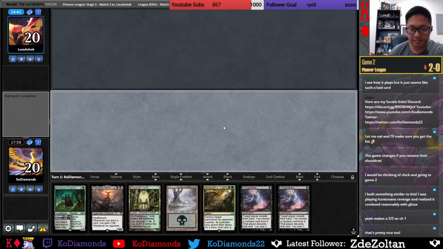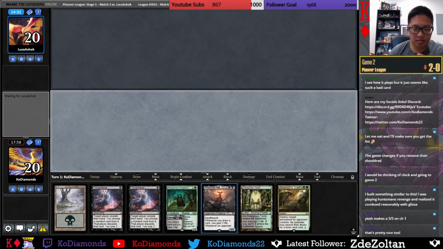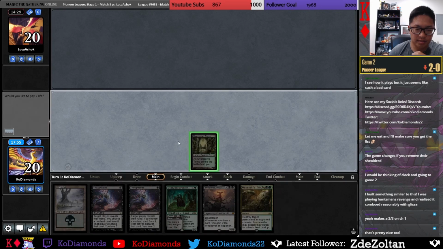Okay, so we have a pretty good hand. We could Thoughtseize into Dread Whispers into Thoughtseize Dread Knight. So we do take a lot of damage with this hand, but